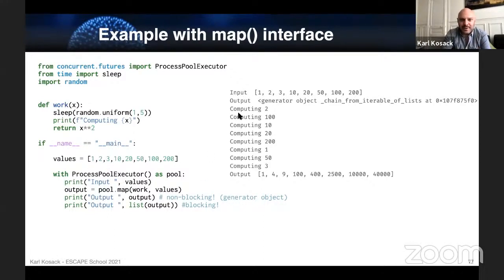So here's what happens when I run this. I get the input, I print the input, I call pool.map, and I print the output object immediately after. That happens immediately afterwards, and it just says it's an iterable, but actually there are no values in it. This is still lazy evaluation. This map has not yet been filled. And you see in the background, the jobs are computing the various elements of the array, but they're coming back in random order because, of course, I have a random sleep in here. So the time each one takes is random.